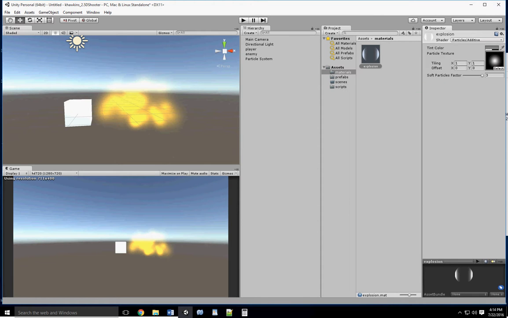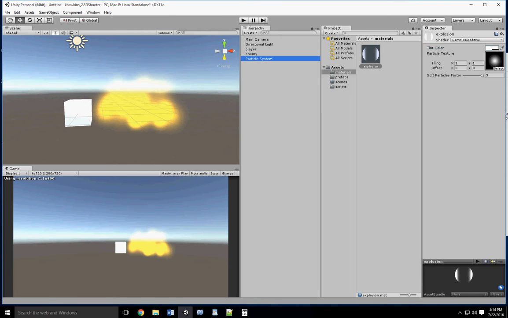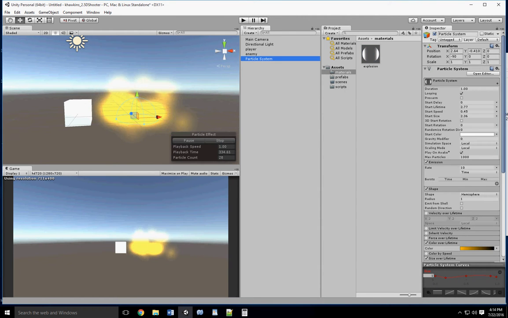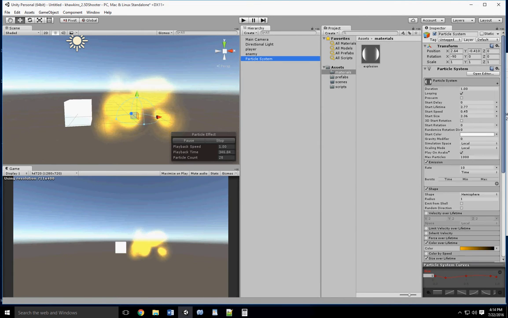But I no longer have my black and other stuff to go to because of how I'm using the shader. Does that make sense? So even if I run it, the stuff that's black is just not going to give me that, but it might work. It may not. I can always go back and change it because it's a prefab and this is a material. So if I'm happy with this